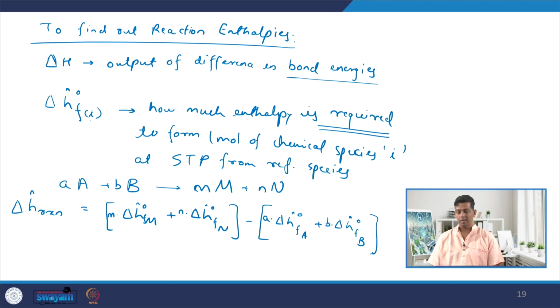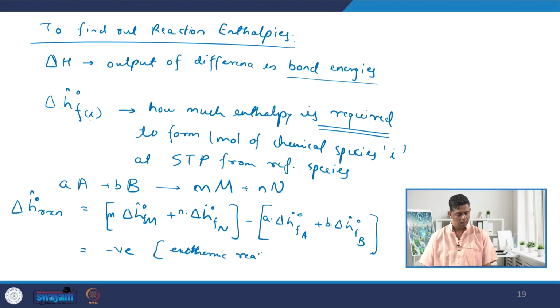Since we are operating at STP, we have to find out the enthalpy of the respective chemical species, so that we will find out the enthalpy of the reaction at STP. Since the formation enthalpy is at STP, we will find out the enthalpy of reaction at STP. So if the enthalpy of reaction is negative, it means it is exothermic, we have seen this earlier,